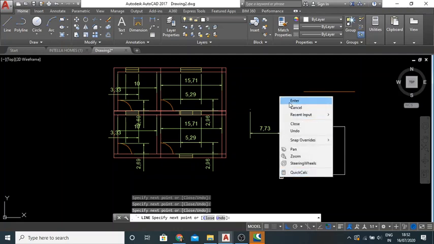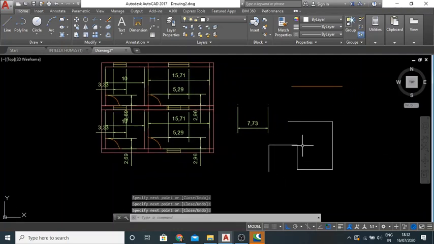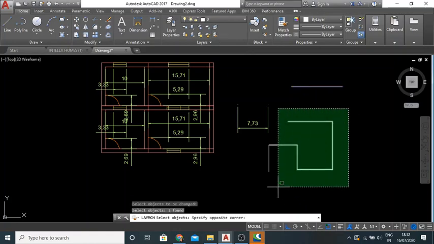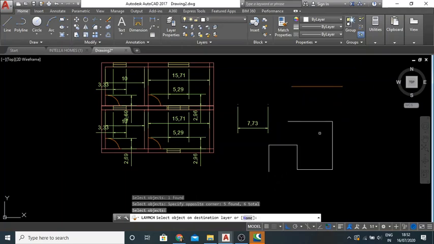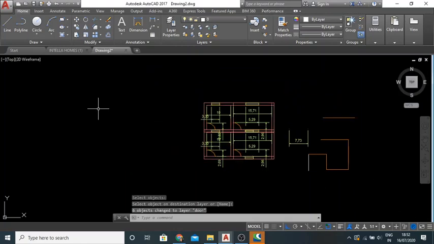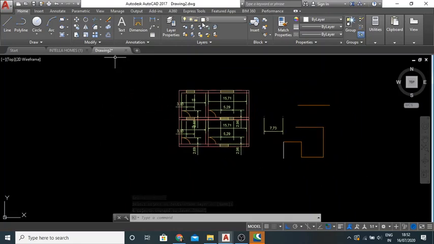Now I want to change it to the wall layer using match layer. So select the drawing to change, select match layer, select the object on the wall layer, and press Enter. So the drawing is matched. So here are the layers of AutoCAD.